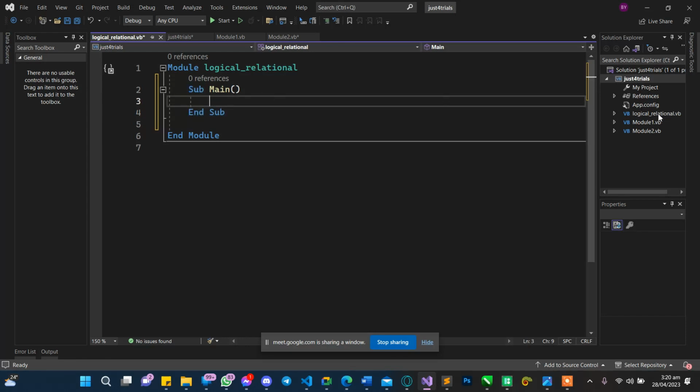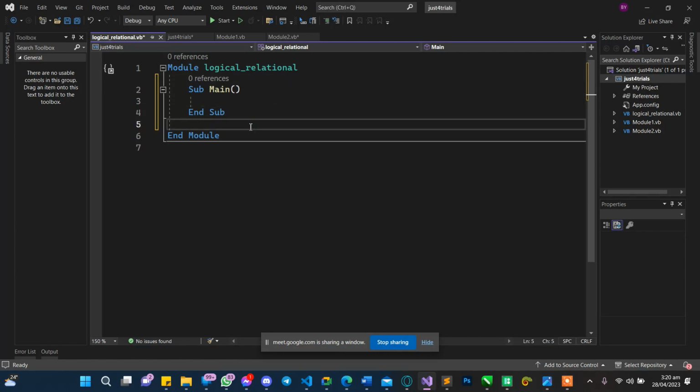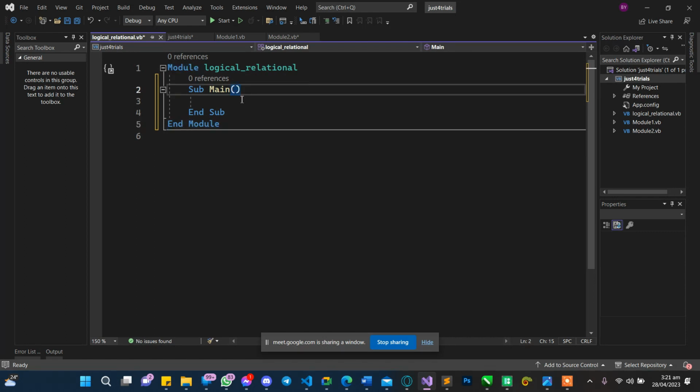I need to rename all of them. So by the time you get the file, everything will be renamed so that you know which module contains what. All right. So today, the first thing we are looking at is logical